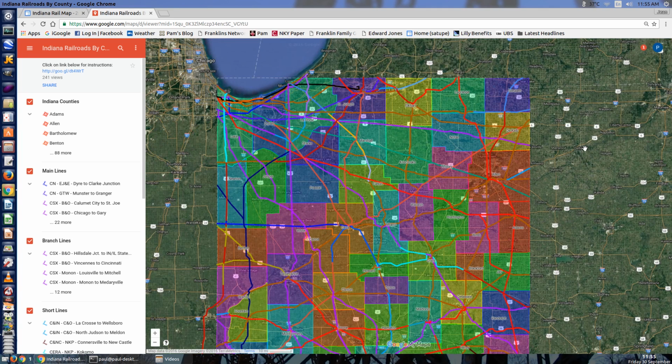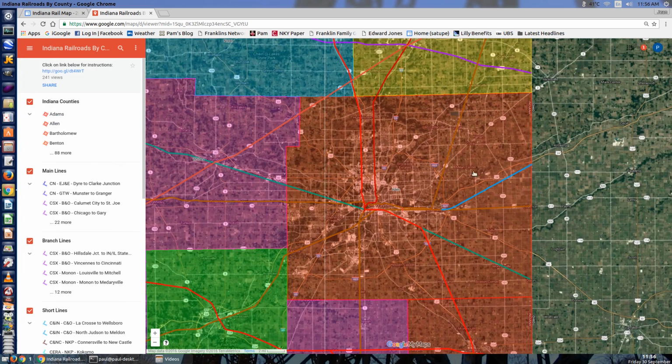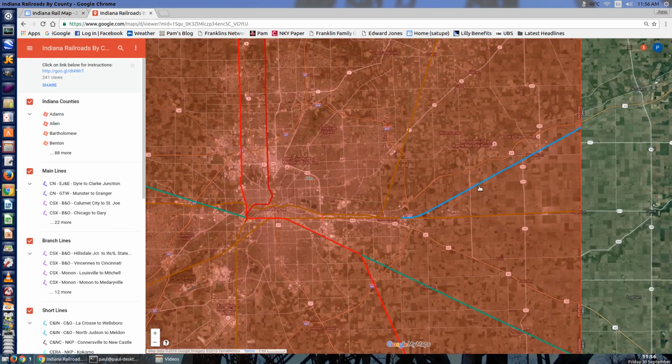Now, to access the county maps that have extremely detailed information, you can either select Allen County from the map table here, or you can click on the semi-transparent outline here, as long as you don't click on a rail line. Like right there, and you get the same deal. Now, if you do click on a rail line,